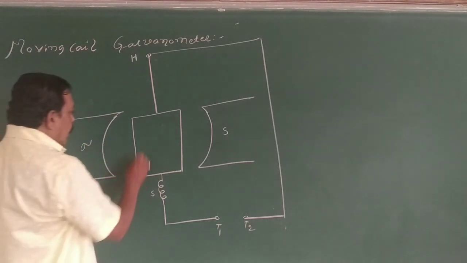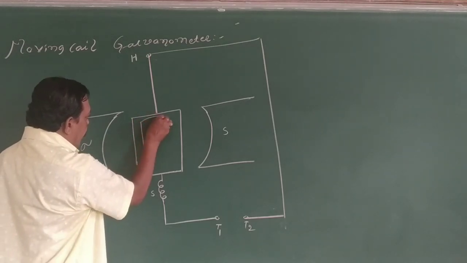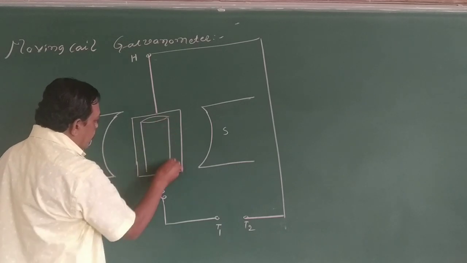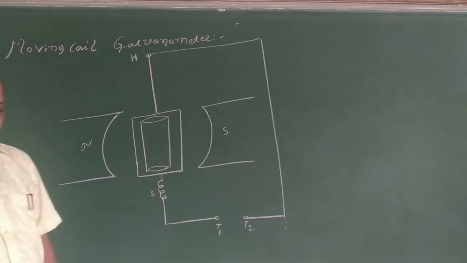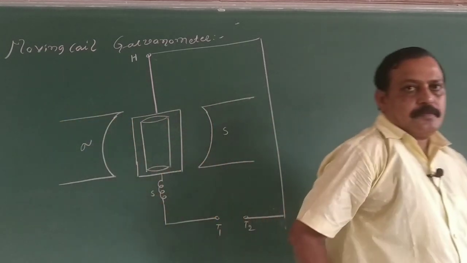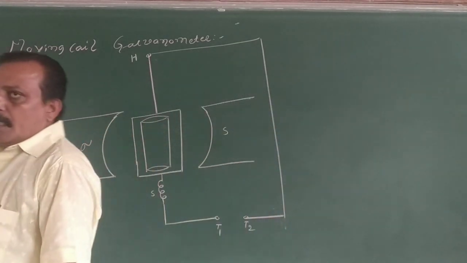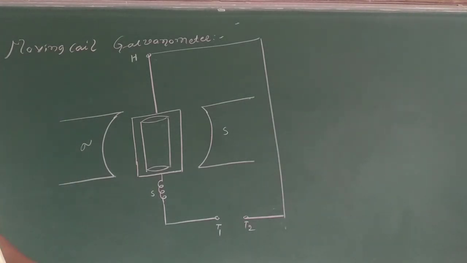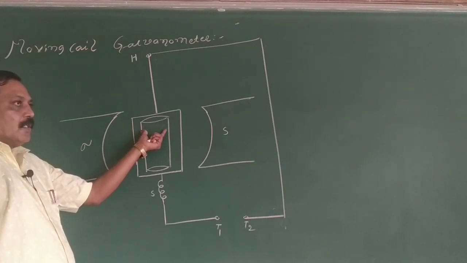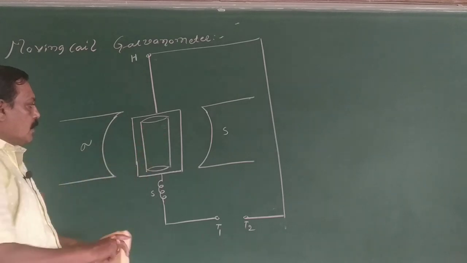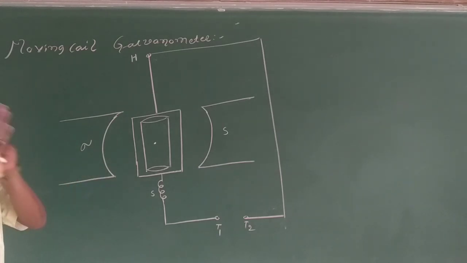And inside the coil, there is a soft iron cylinder, which is ferromagnetic in nature. Already there is a strong magnetic field which is along the radius, a radial magnetic field. Even with the radial magnetic field, I place one more thing inside the coil, a soft iron cylinder that is fixed, so that it cannot be in contact with the coil. During the rotation there should not be friction created.